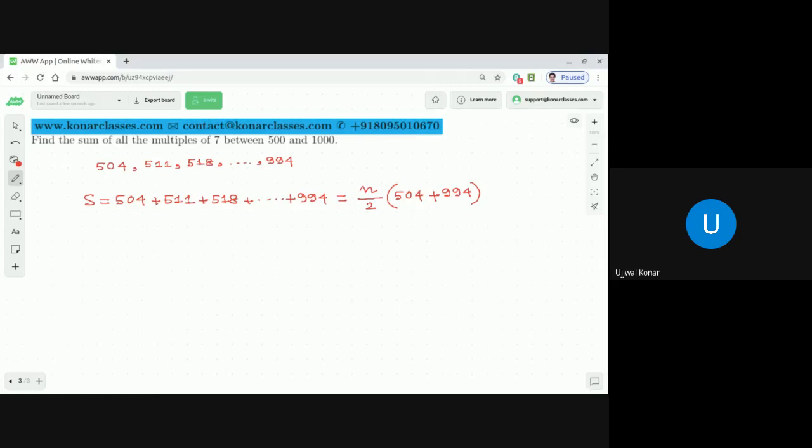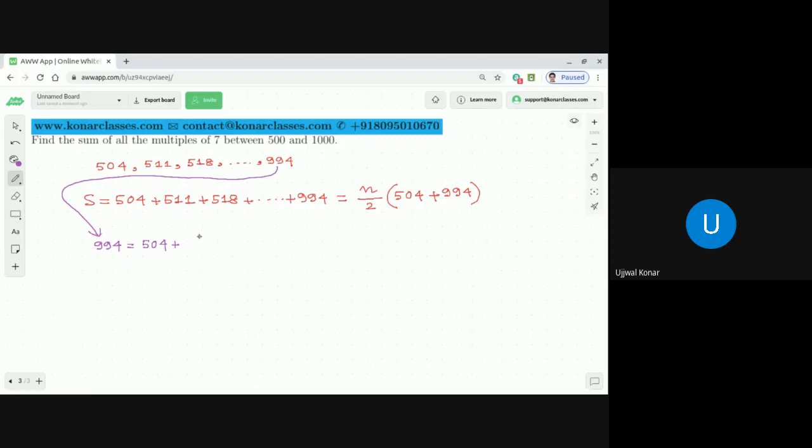Now, how to find the value of n? We know the last term is 994. N means the number of terms. So what we can do, dear students, if I use a different color, these 994, I can write like this. That 994, which is the last term, let's assume it is the nth term, it should be A, that is 504, plus